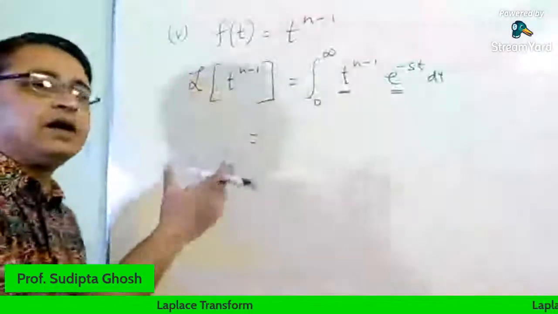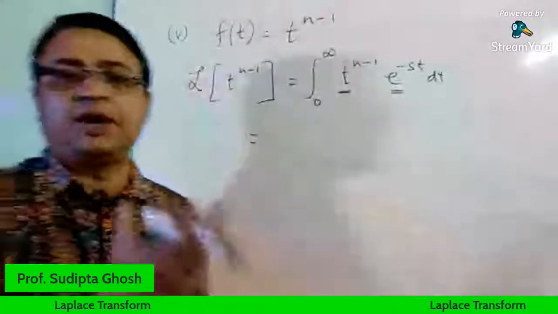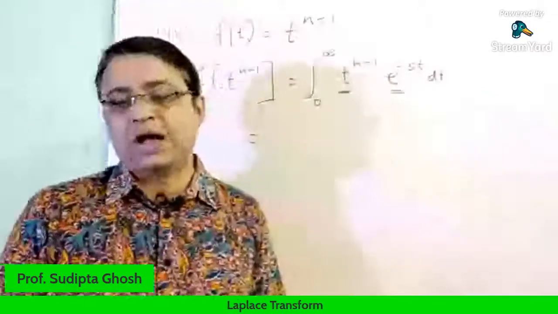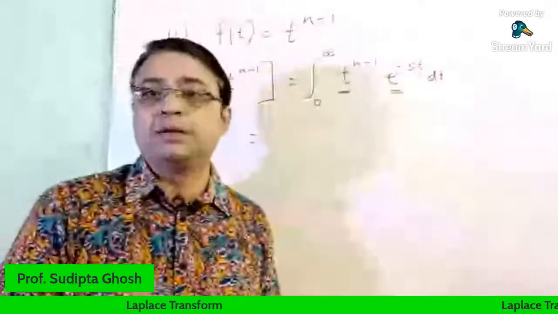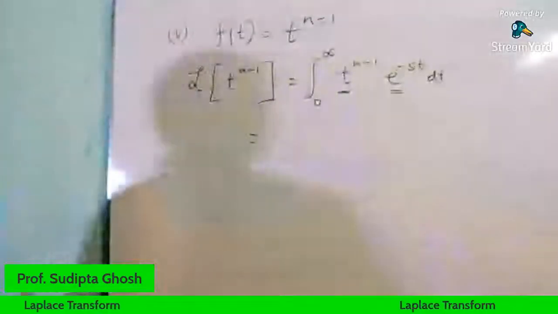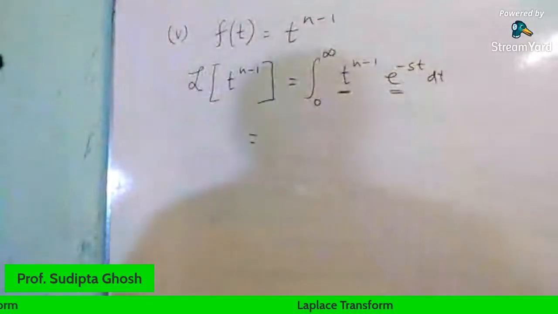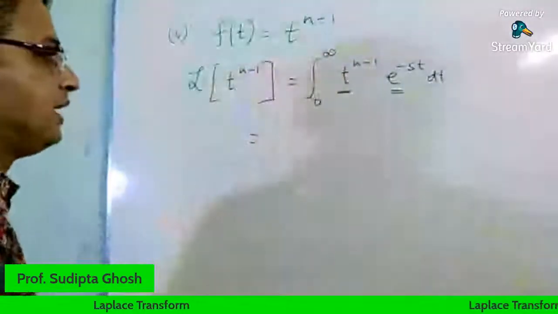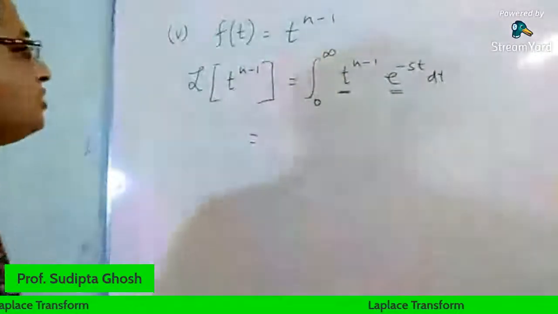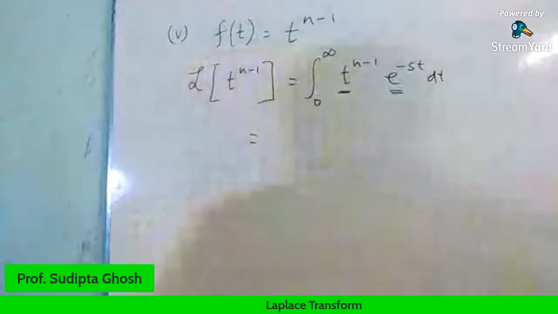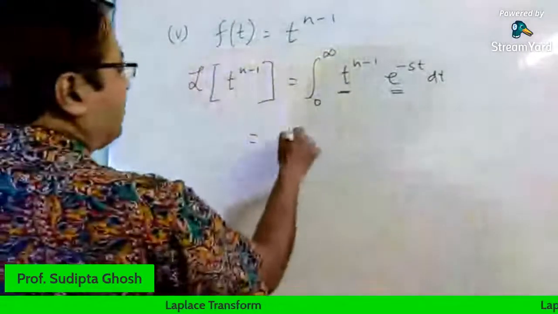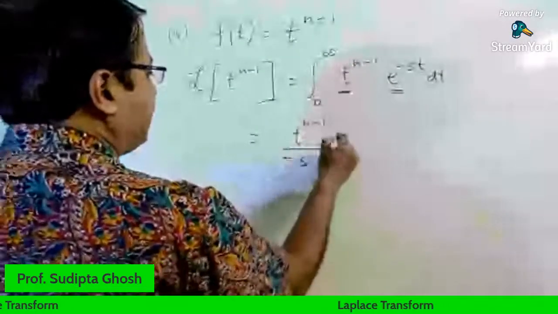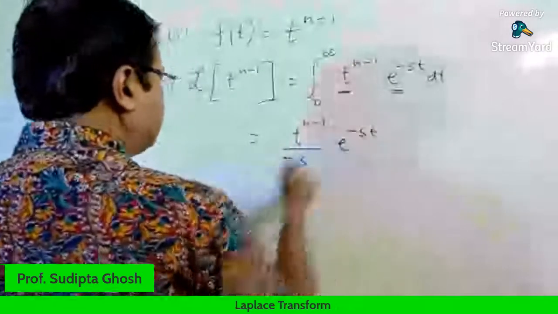Whenever we have a product of two different functions and we have to integrate it, we apply integration by parts. Keeping the exponential part as the second function, t to the power n minus 1 can be regarded as the first function. So first function, integral of the second, that is minus 1 by s e to the power minus st,